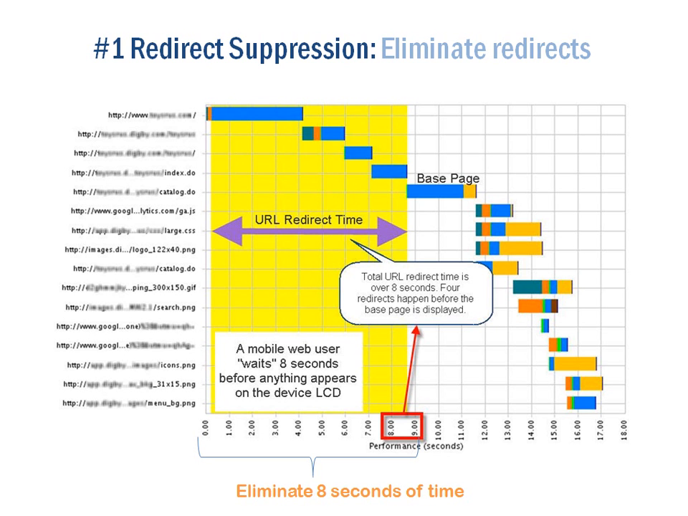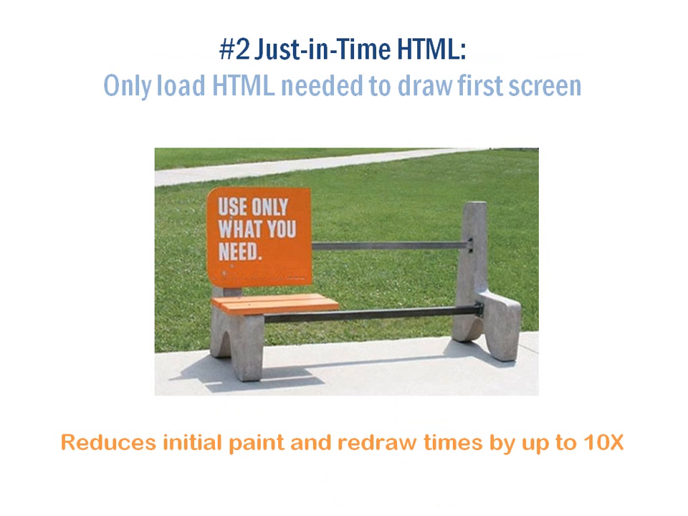These redirects are things we can deal with, we have to deal with. And there are a number of ways that we deal with them. On sites that have redirect, we can essentially make them go away using our redirect suppression feature. There are a number of other mobile-specific features. One of them is just-in-time HTML, where we only load the HTML that we need to draw to create that